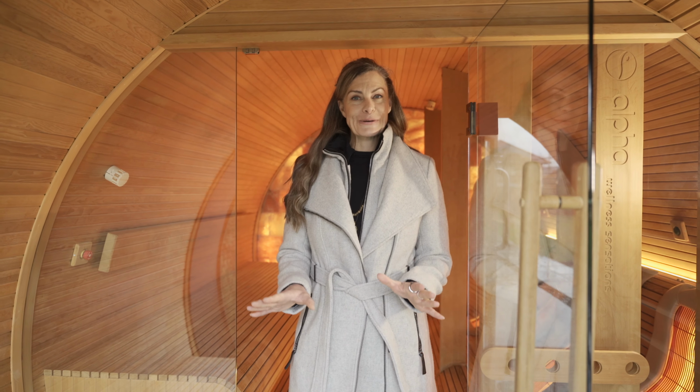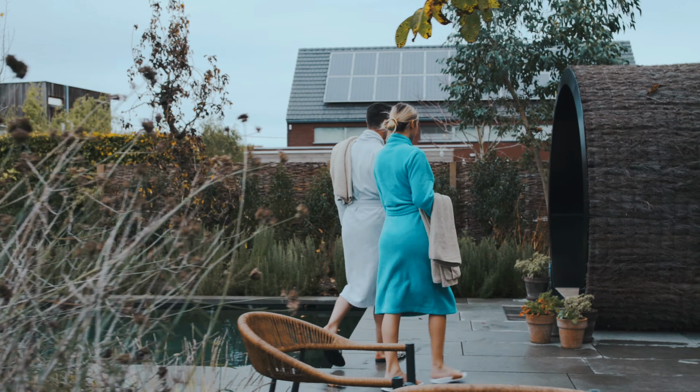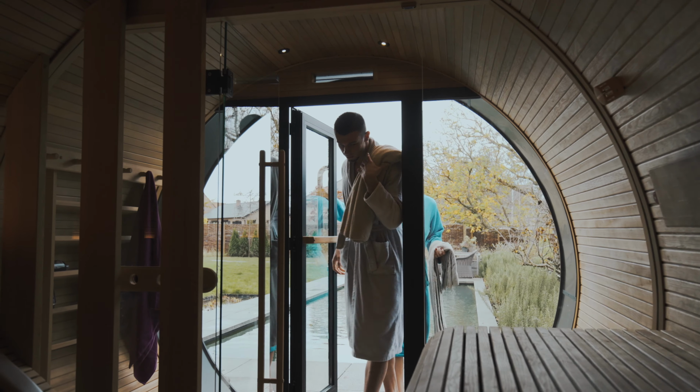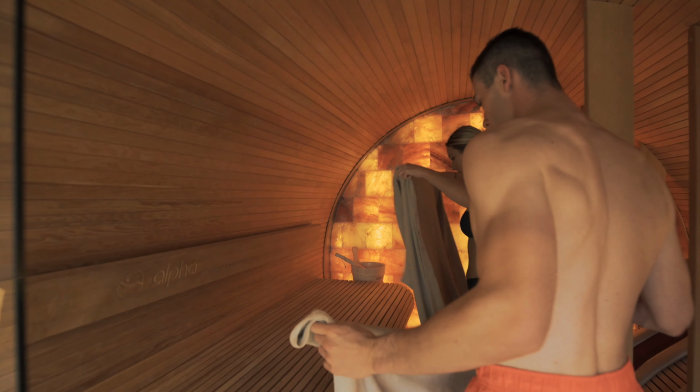So no matter what the weather is outside, rain or snow, it doesn't matter. When you come inside, you have a wonderful space to come in and relax. So when you first enter the Eclipse sauna in this custom unit, what we have is a vestibule changing area. You can sit down, take off your shoes, disrobe, and come into this area here, which is on one side